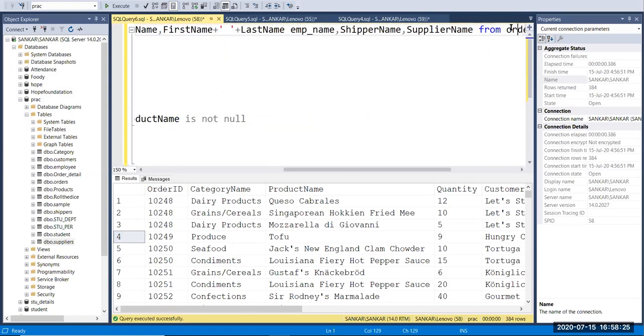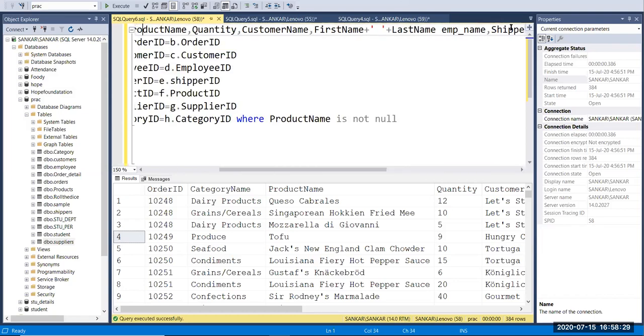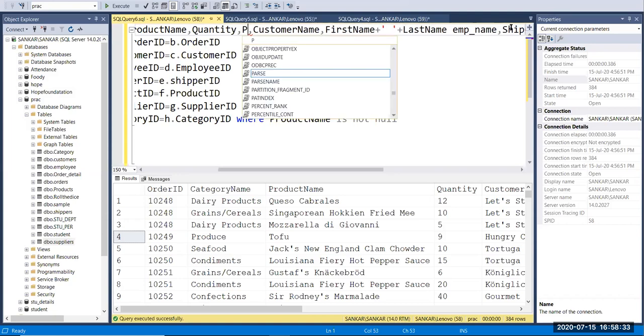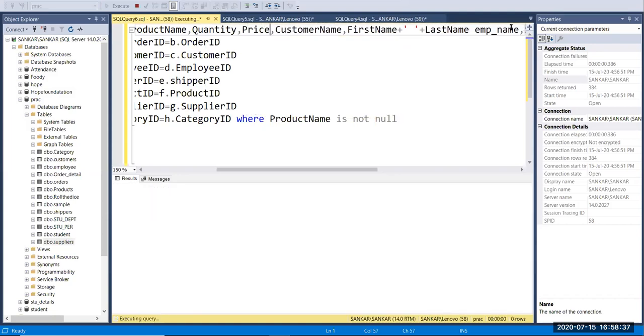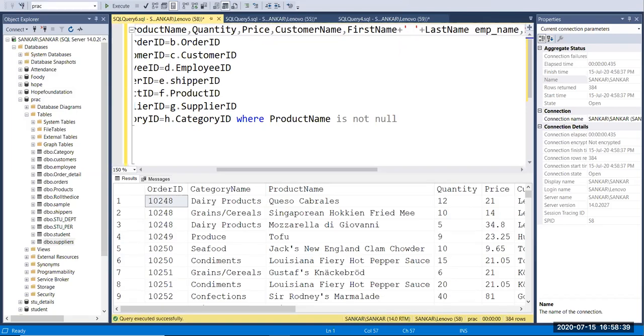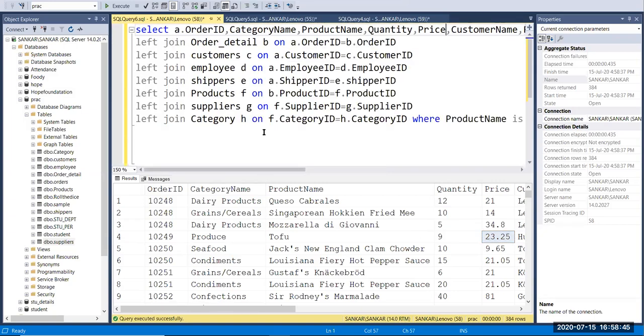Here we have quantity, and after that I'm giving the price. Okay, I'm going to run this. Now you can get the price also. You can modify these columns to whatever requirement you want.